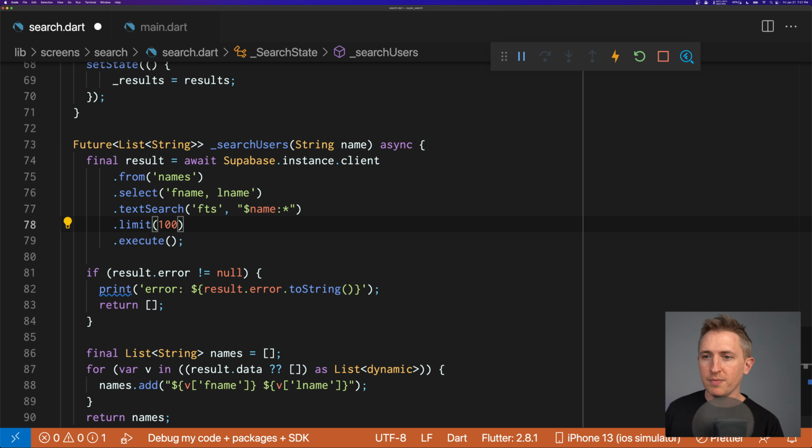So that's very important. If it returns an error in the results, we are just going to print an error message and return a blank list. Now, this is not proper error handling. Usually we would actually